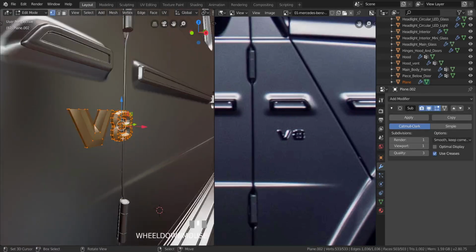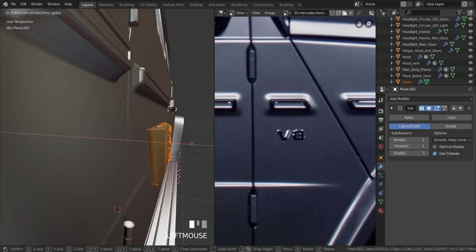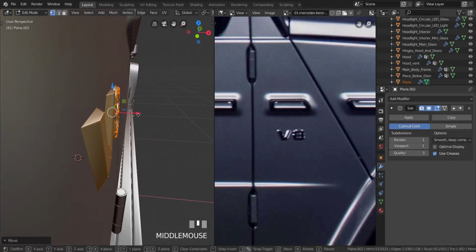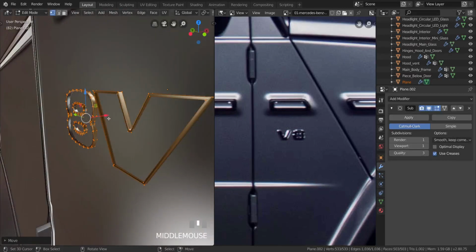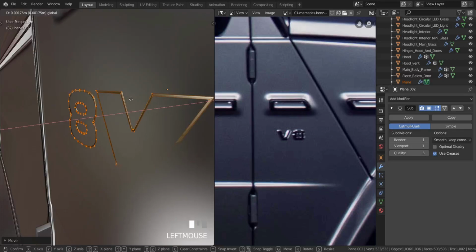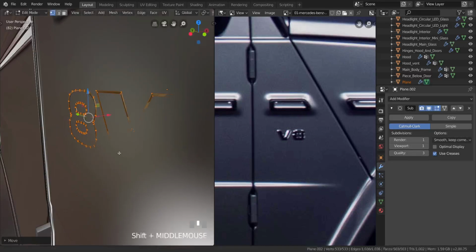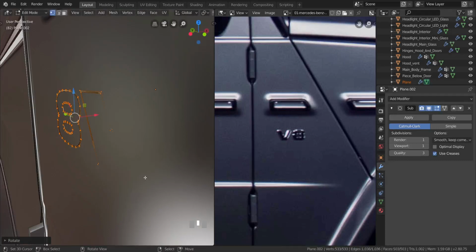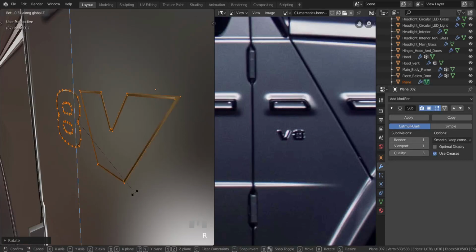So let's get over here. I'm gonna take this, move it in the x-axis all the way back to there. Let me place this on it much better. Let me get to this side, move it out to about there so you can see what is going on. I'm just gonna rotate this in the y-axis just so we have it like that, and I'm gonna rotate it in the z-axis just so we have it